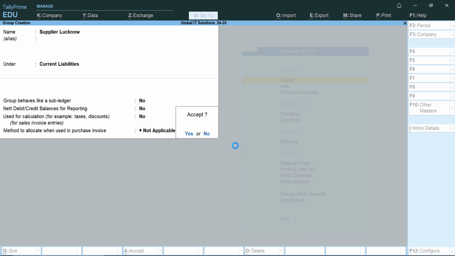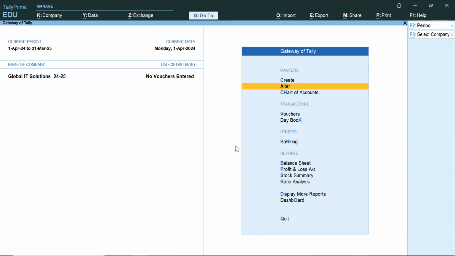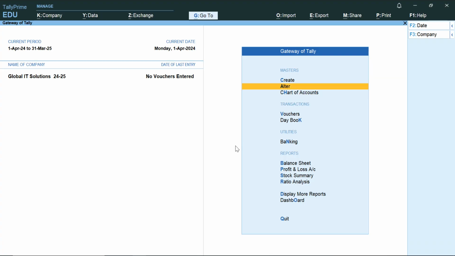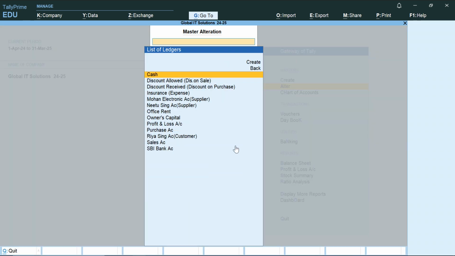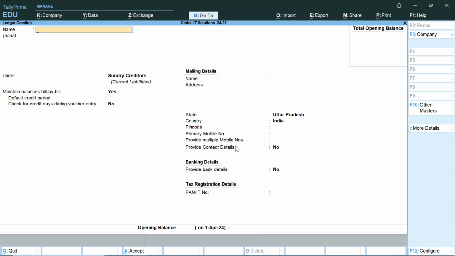Enter and exit. So now we will see deleting group or deleting the ledger. Suppose I want to, I will create two more ledgers. I will go to the create, go to the ledgers, and I will type customer